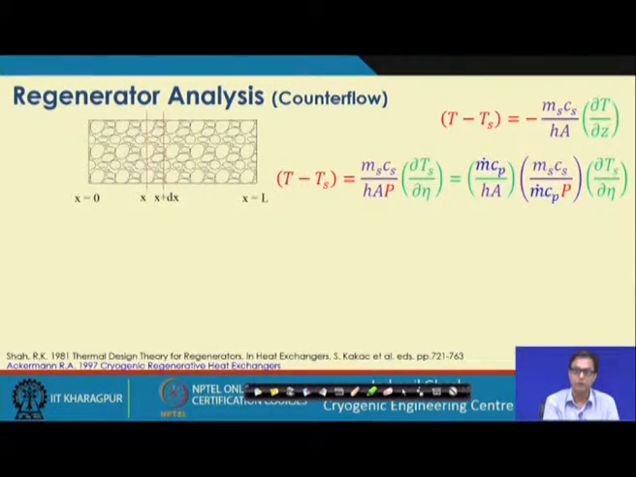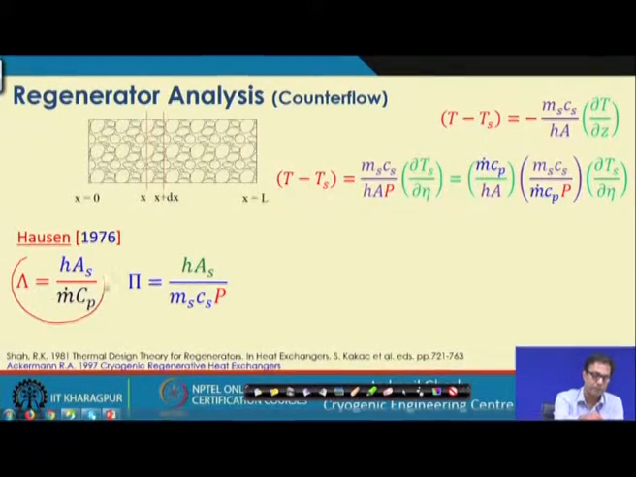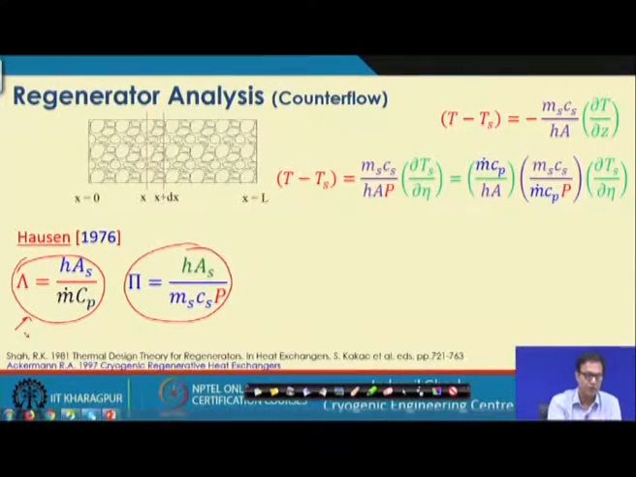Rather, we will later utilize the solutions of these equations, and while solving them, we will find that there are different kinds of dimensionless parameters, particularly two types. One is the reduced length, another is the reduced time. This is called the reduced length parameter, and this is the reduced time parameter, and you can correlate it with the NTU, but basically these are called lambda and pi, and this was done by Hausen,